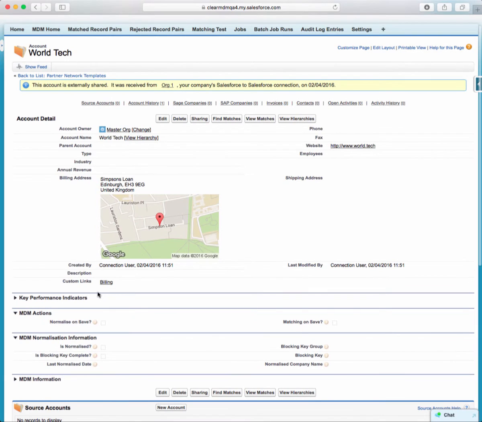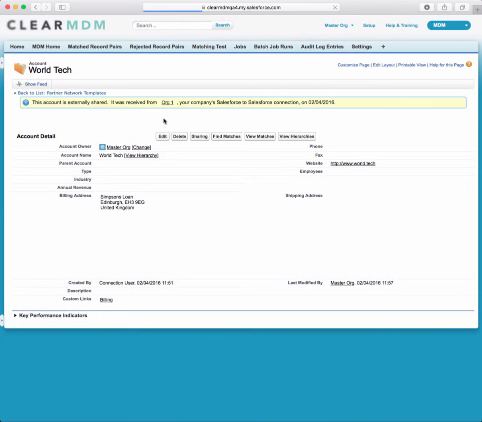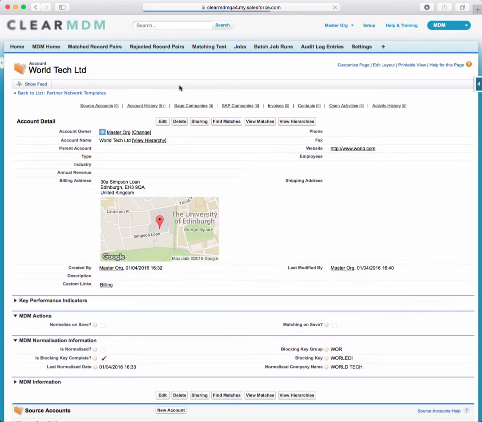Before we can start applying MDM operations to this record, first of all we need to normalize or standardize the data to produce a blocking key or a matching key. So here we have exactly that available and displayed in the normalization information section. I won't get into the detail of normalization at this point. But if we go back to the search for World Tech, we can also see there's